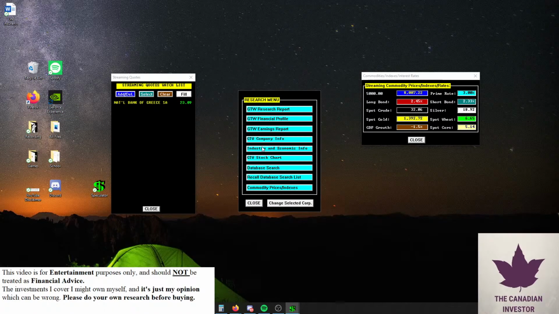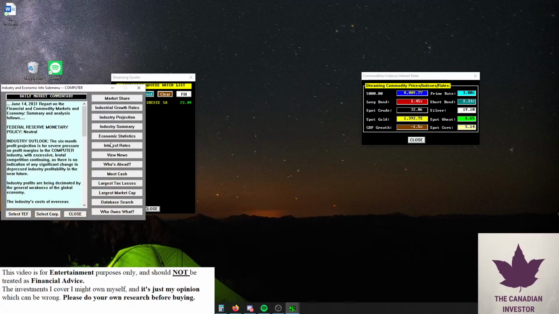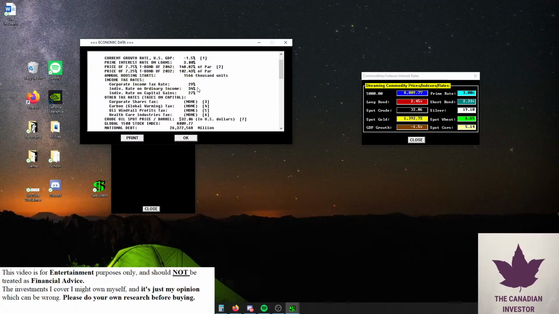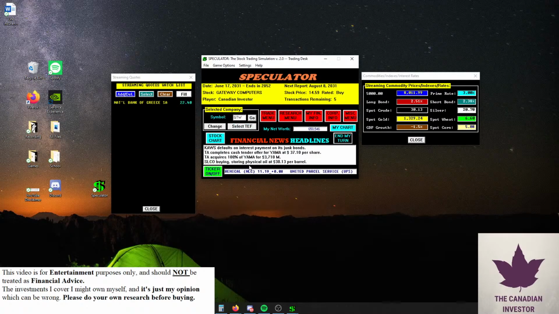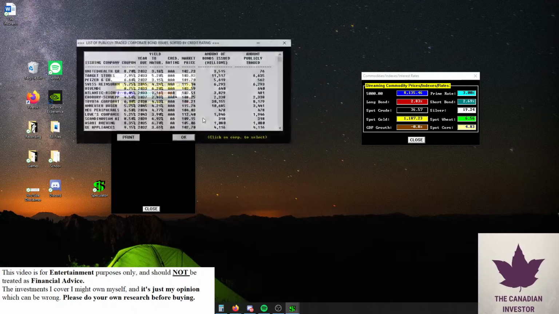Taxes are a lot higher now, I guess, which kind of sucks. Let's look at economics. We're now paying 27% on capital gains instead of 18. It was very good when it was 18. Now it's 34. So now it probably makes more sense to aim for capital gains. I'd really like to play around with the stock market right now, because bonds are just pretty bad right now. Unless I'm doing junk, I guess.